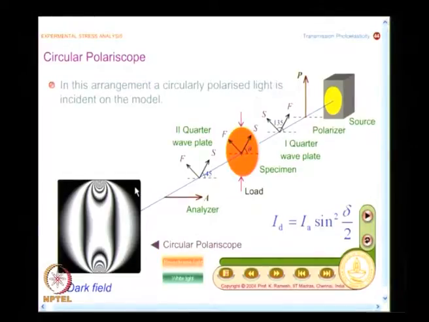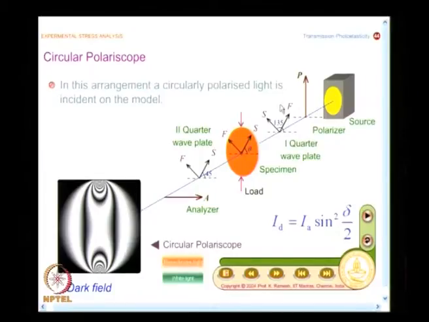And I said in the last class, you can analyze the trace of light passing through the model in a circular polariscope using trigonometric resolution. You have element number 1, element number 2, and the model. Whenever you have a quarter wave plate or a specimen, you have to consider the incident plane as well as the exit plane.